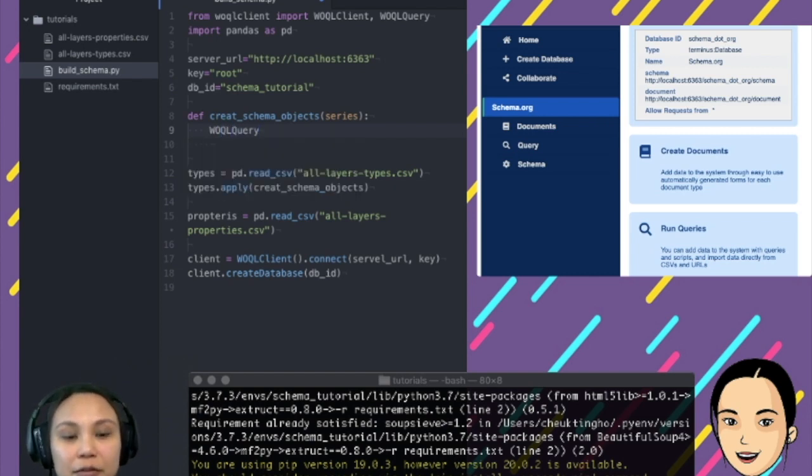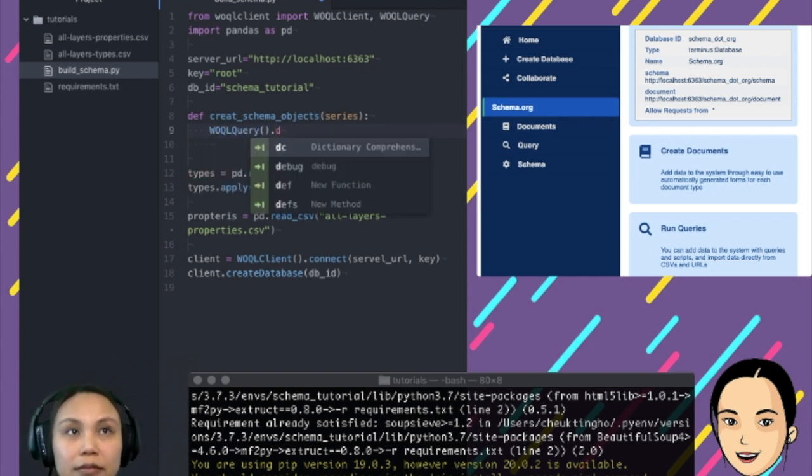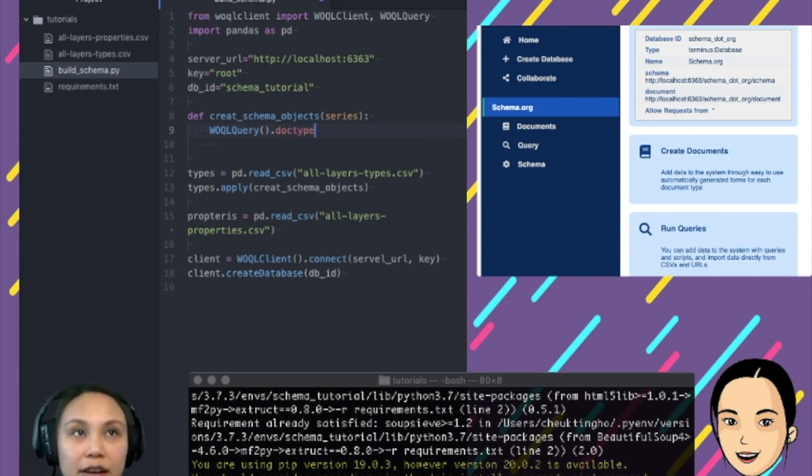Then I would construct a WOQL query that builds a doc type with the ID of the series. The ID is going to be the ID of it, and the label will be its name. Actually, we call it label in our WOQL as well, so you can see where it comes from: it comes from the people who designed all this schema thing.